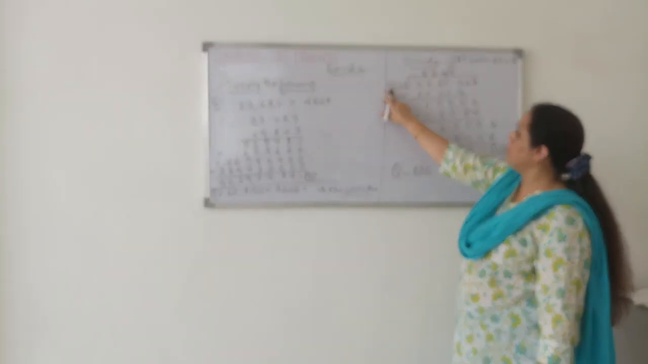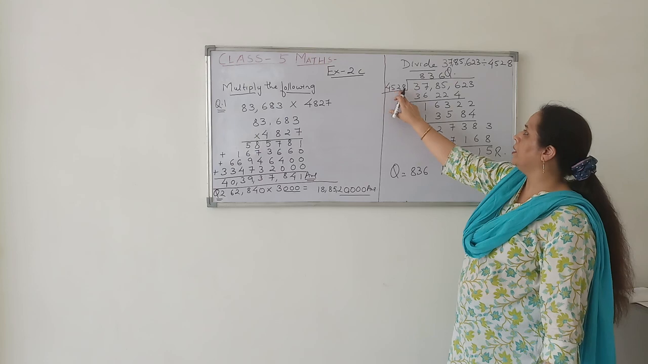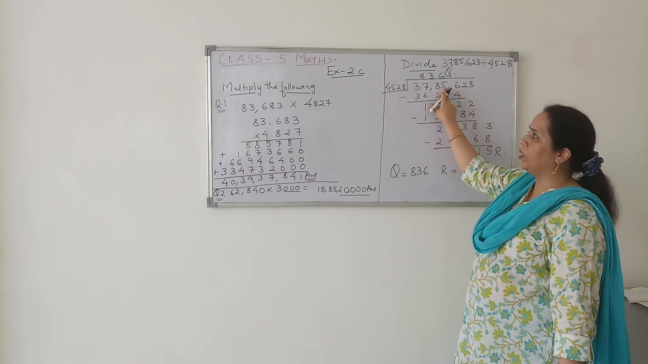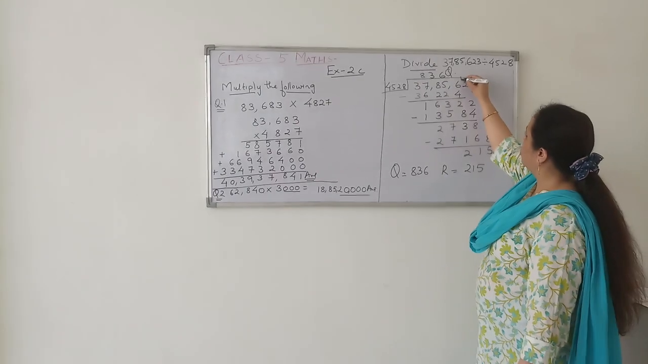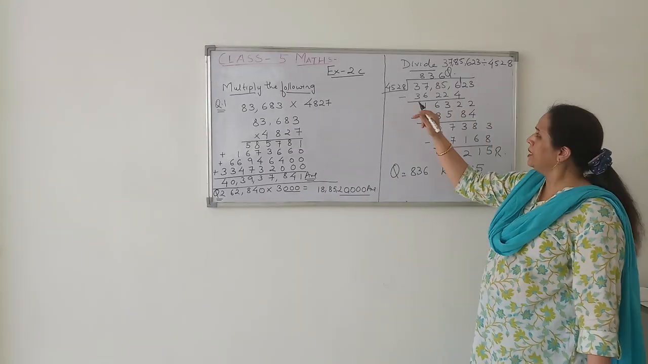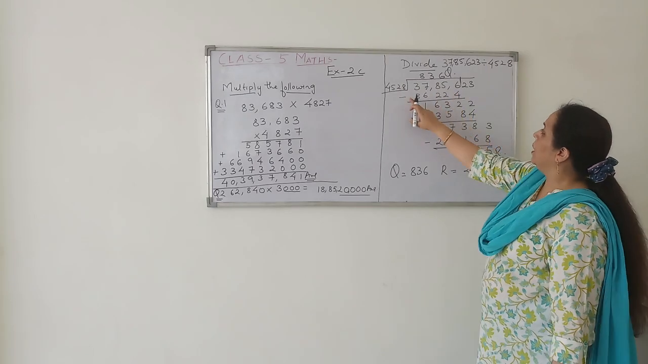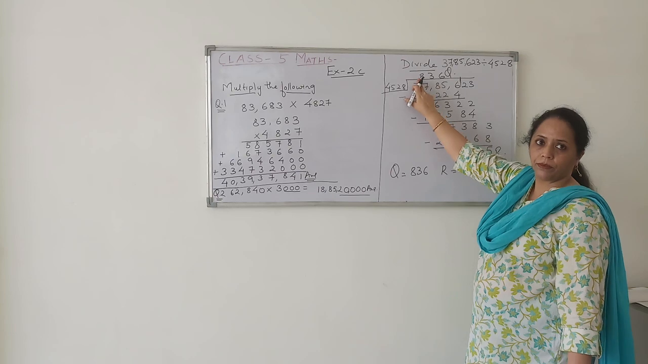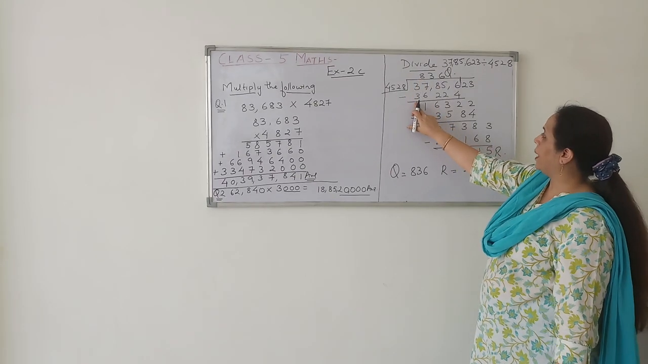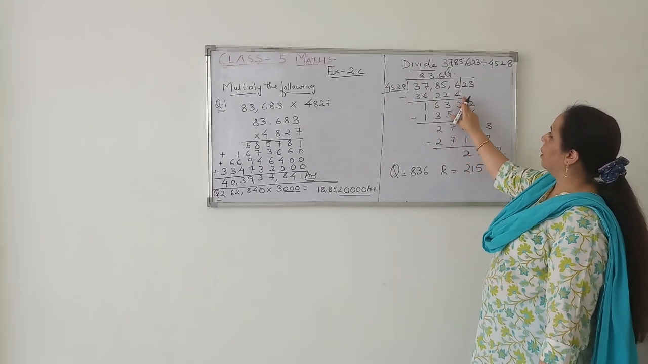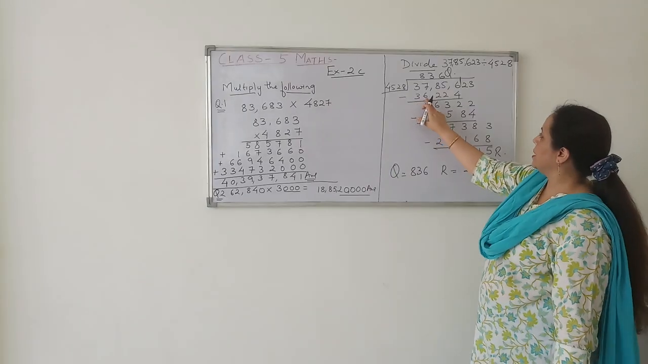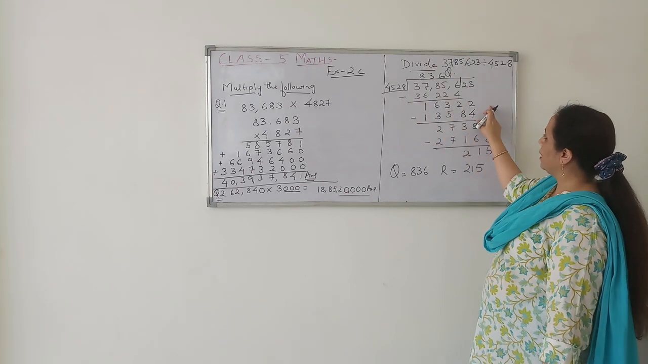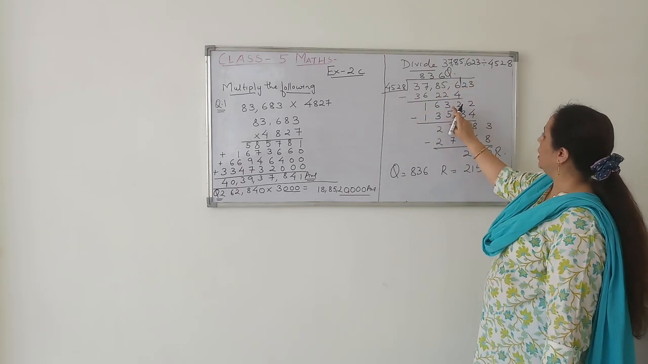Right? So first we will see 4,528. But this number 3,785 is smaller than this number. So we will take up to here 6. Right? When we will divide it, we have to first multiply it by 8. After multiplying it by 8, we will get this number, that is 36,224. And after getting this number, we will subtract it and we will get